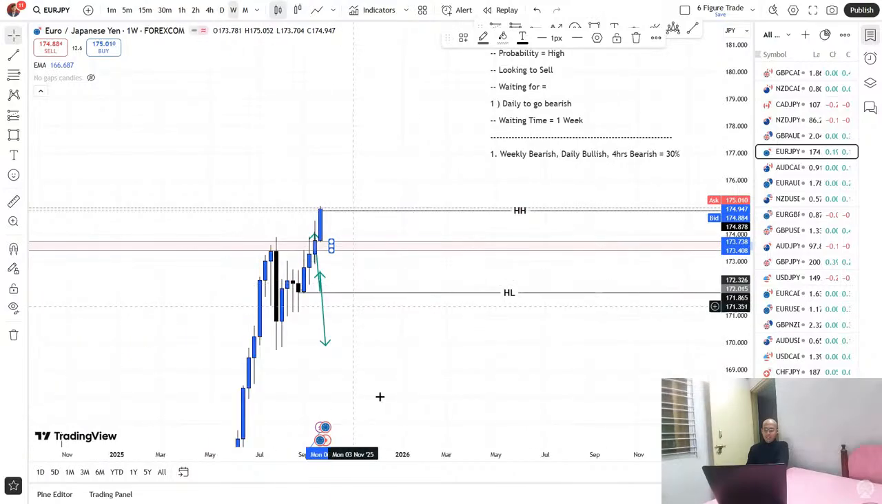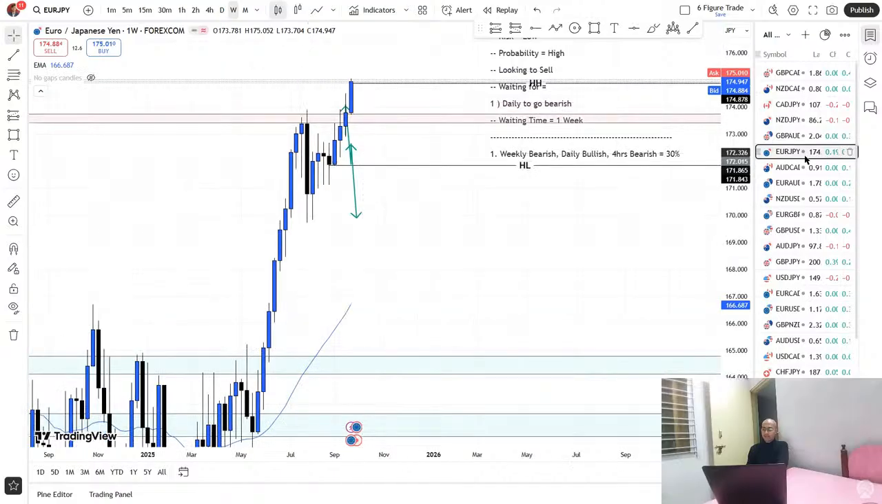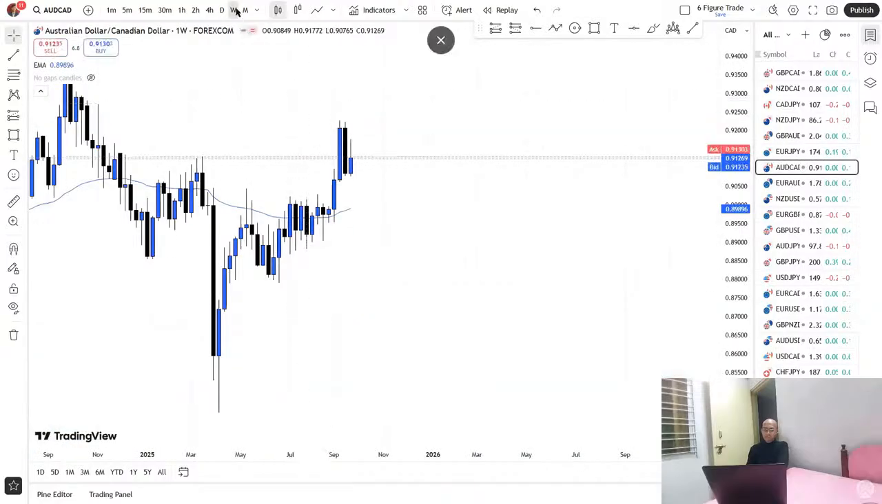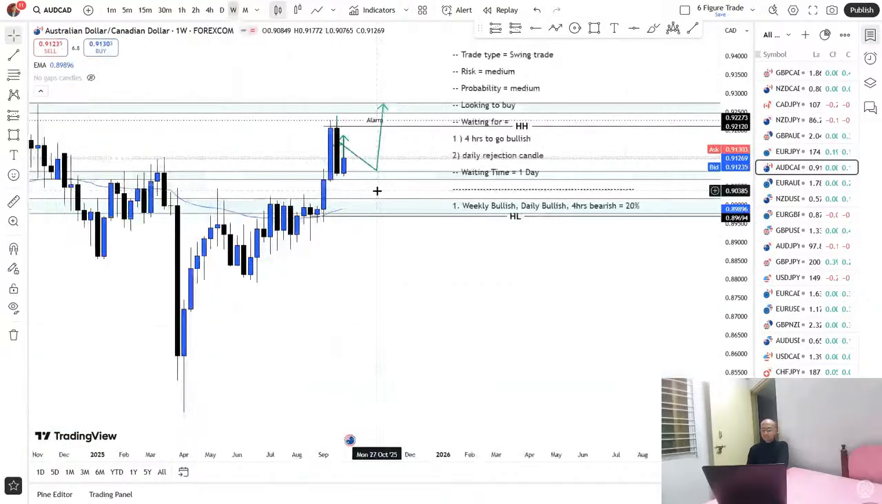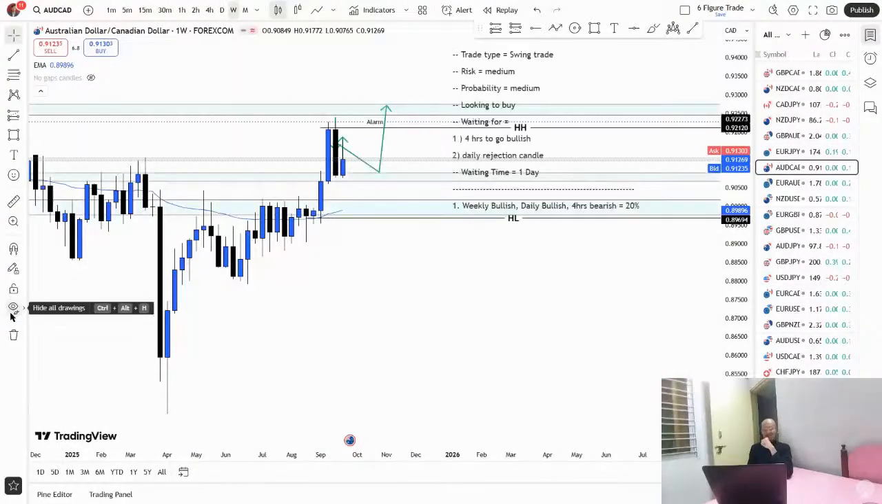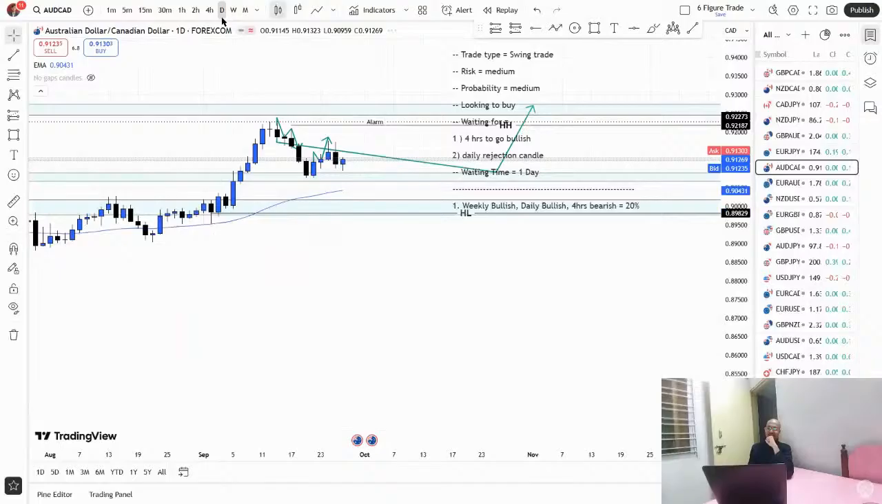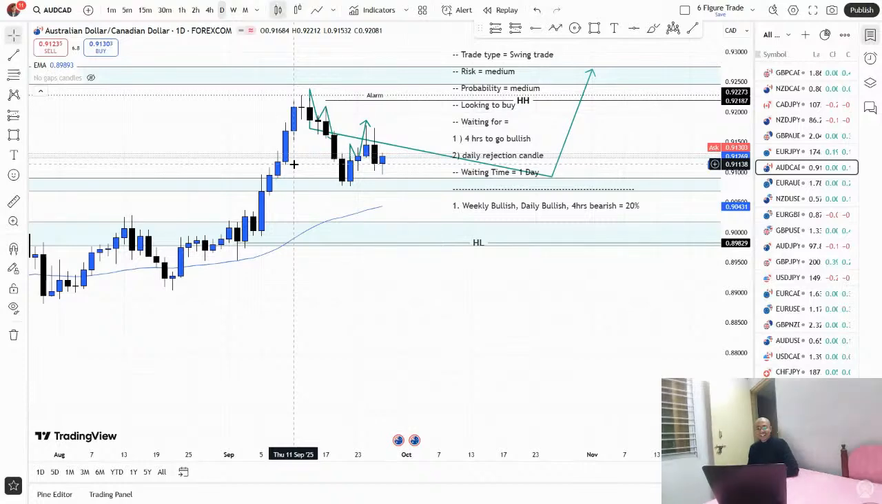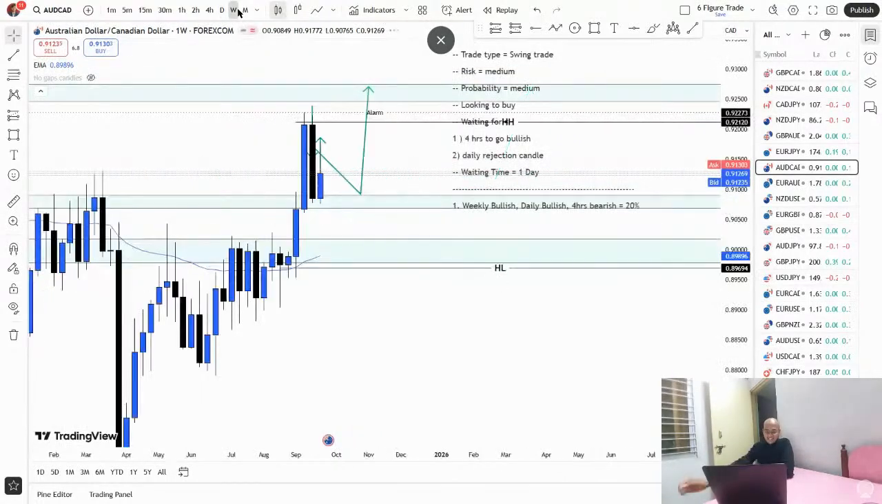It is coming down actually here in the long term. So I want the weekly to go bearish. So AUD CAD, I'm good with this trade. AUD CAD exactly for the, man, I'm getting so good in this. I have said this. I certainly said this, that this is not ready to